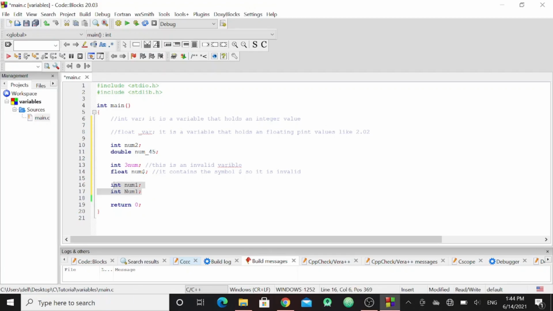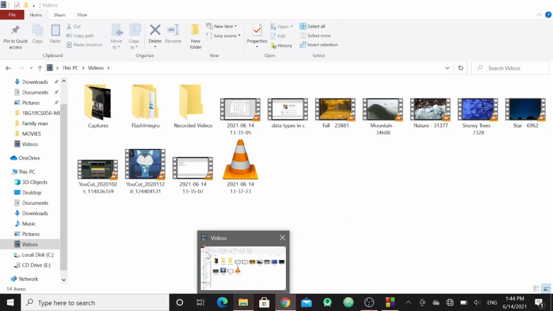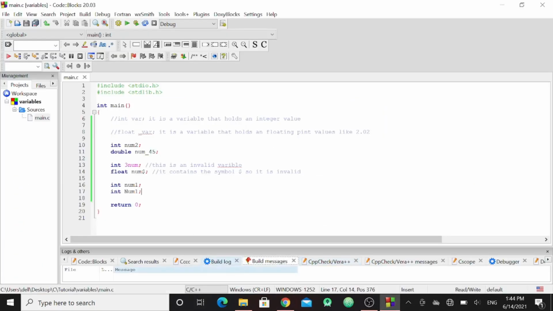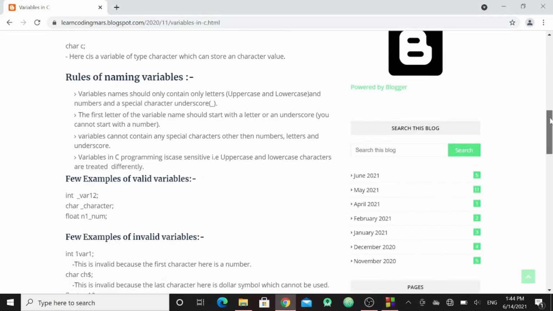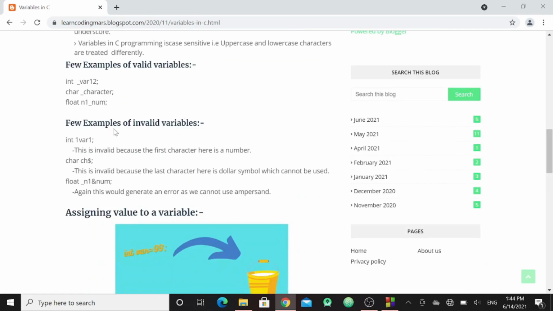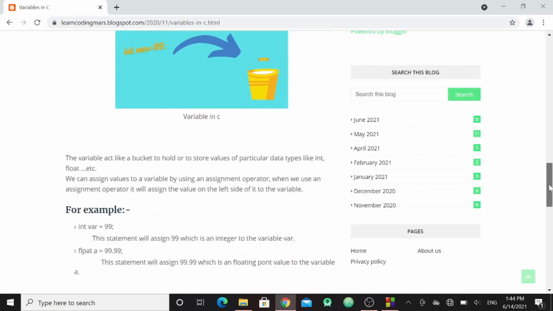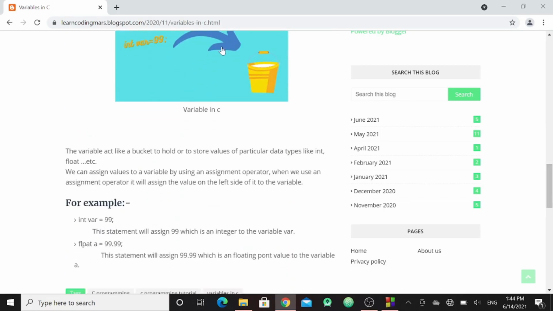You can define it like this, you won't get an error in C. Therefore it is a case sensitive language. Okay, so there are a few examples of invalid and valid variables. You can go through this. I'll provide you the link in the description, and you can understand this image properly.